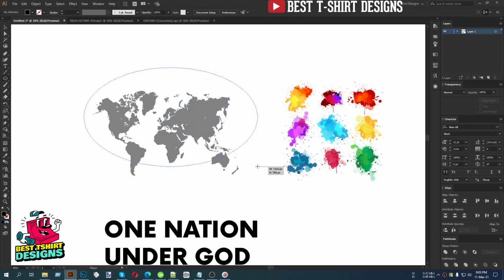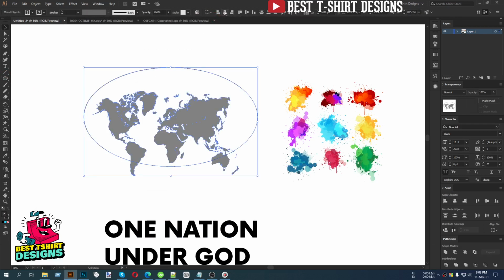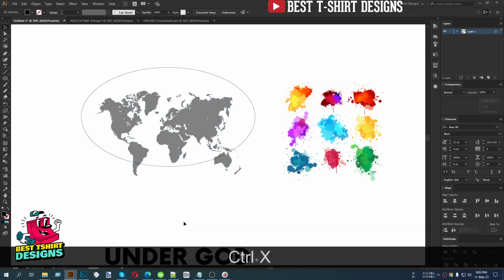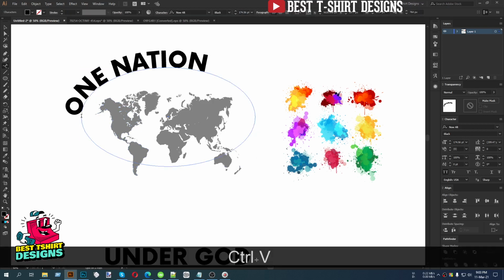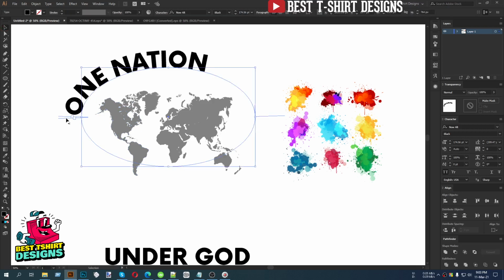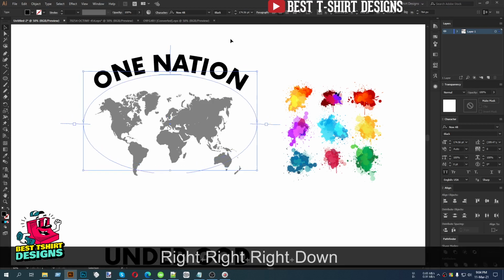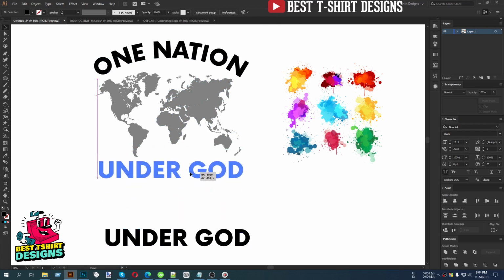So that's the theme. I'm going to create an ellipse here. Maybe I will simply align it center wise. That is fine. This one nation I'm going to cut it. Now I'm selecting this one, going to the type on path tool, then pasting it here. So this is going to paste in like this. I want to make sure that it is perfectly in the center position, so aligning that with the center. But sometimes I am not happy with the center position of Illustrator, so I do that manually.